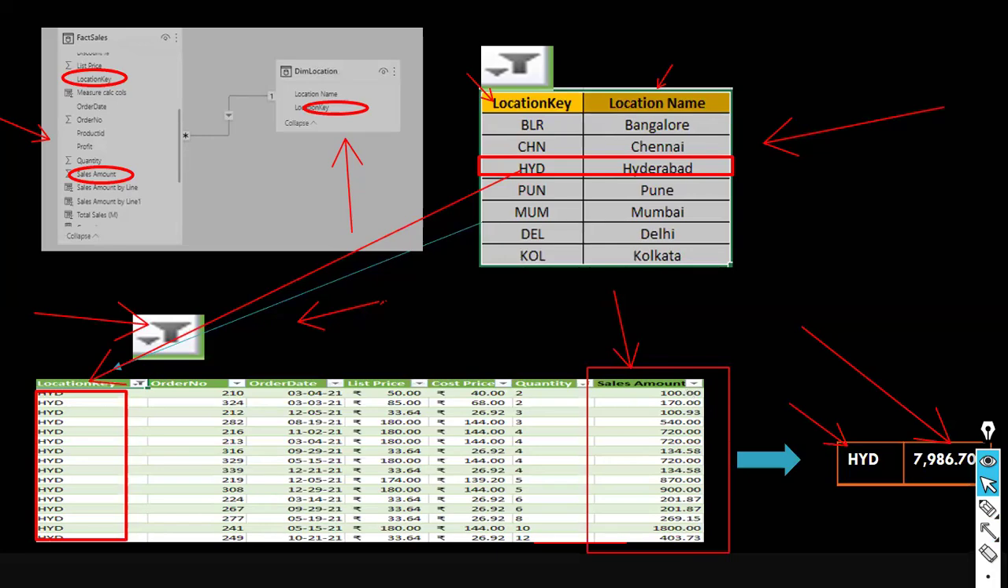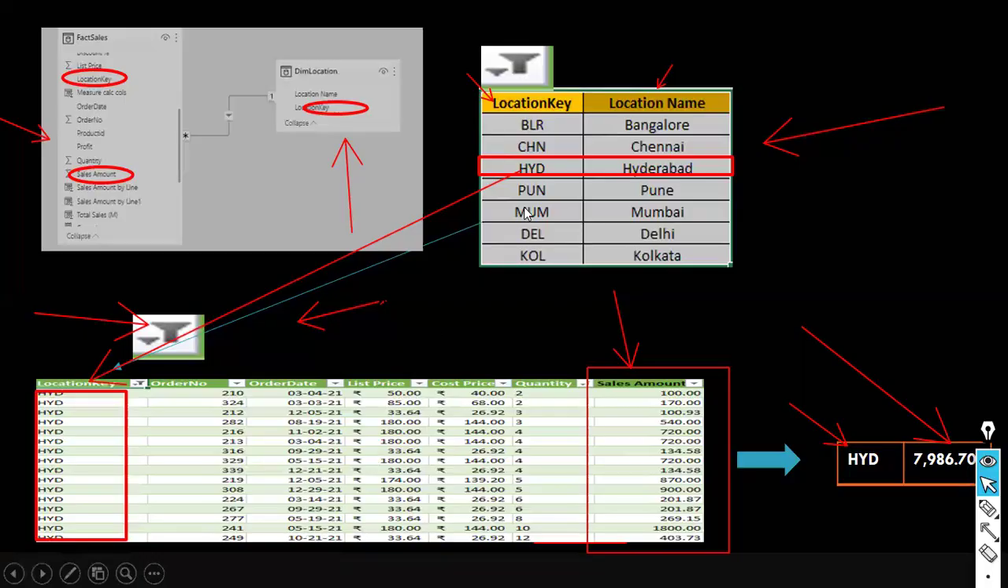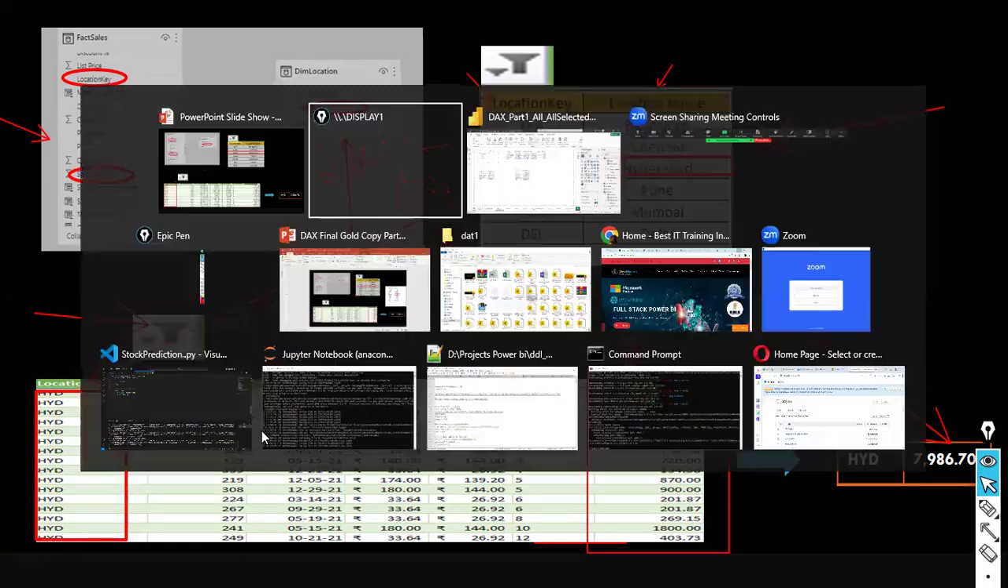See, in our demo, I'm using only one table, sales W04. Supposing you have more than one table, like a location dimension table and a sales fact table. Here, the location key is the common column between these two tables. We have created a relationship between these two tables based on the common column, location key. And when you drag and drop